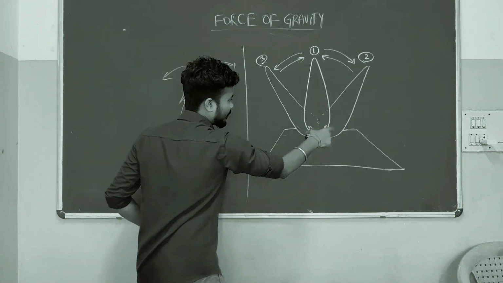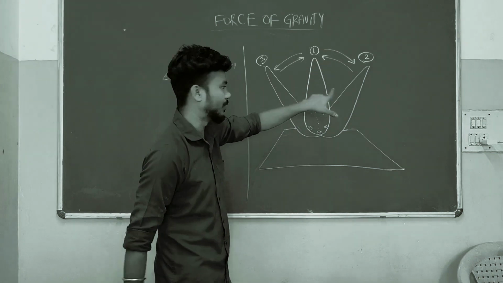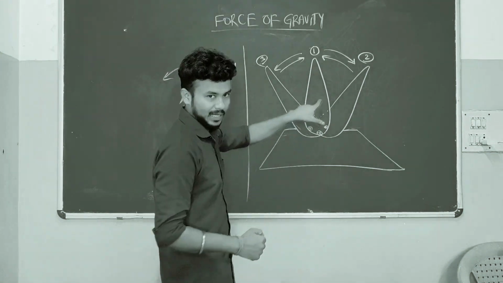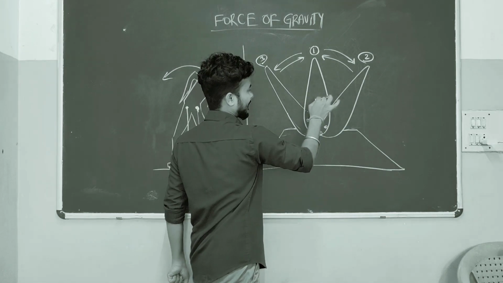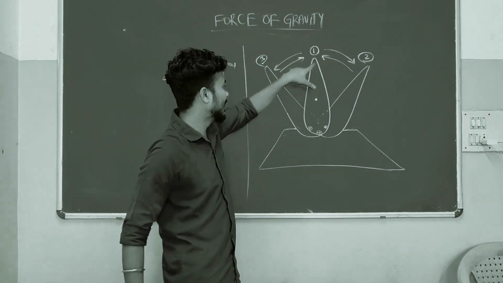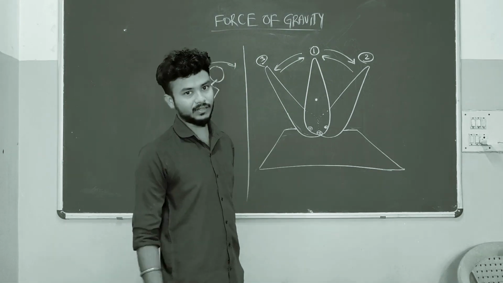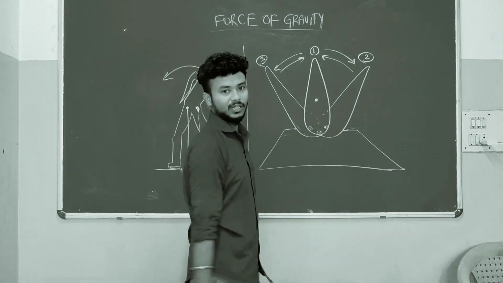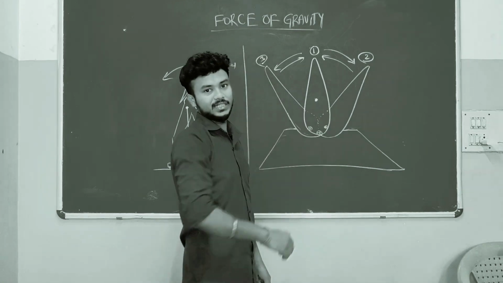So this is one object, the punching bag. Here the center of gravity should be somewhere here. Why? Because the center of gravity will be where the object has more weight. So the center of gravity will be here. Even though it goes to that side, again it comes backward.